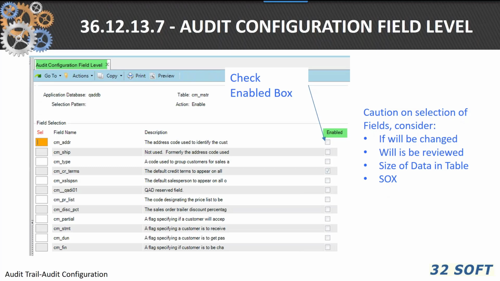And another caution, you need to understand, if at some point in the future you're going to change, will this particular field be reviewed? I've had circumstances where they've checked each field in a particular table, and it just uses up space in the database. And these audit databases can get extremely large in terms of size. So be cautious of which fields you are going to select for audit,